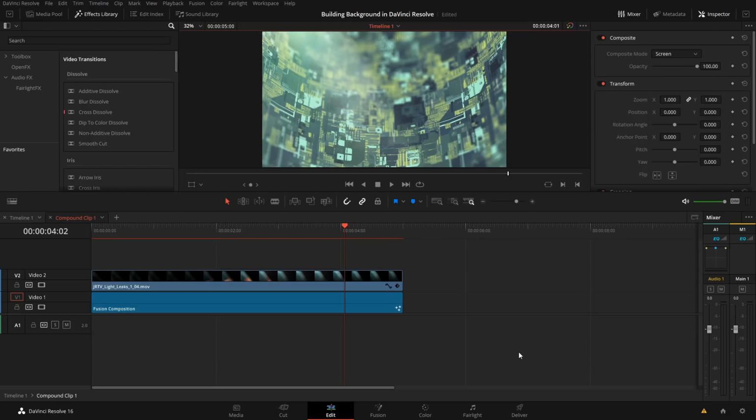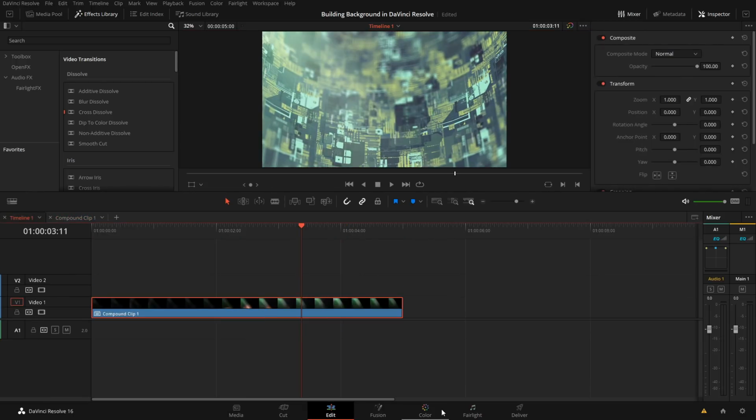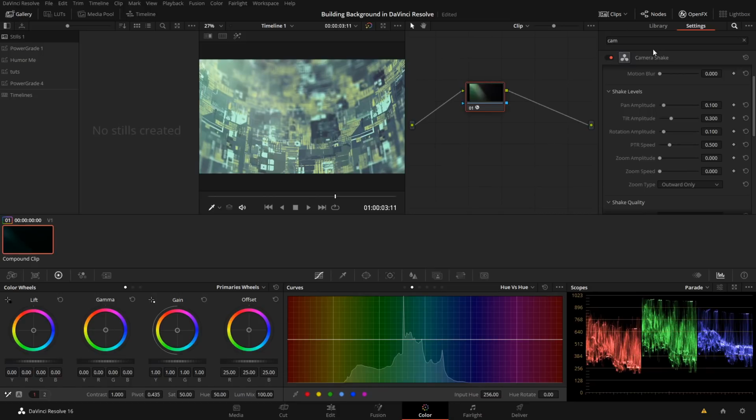I'm not 100% sure, I should look it up, if this camera shake is a studio element, like if you have to have DaVinci Resolve Studio for this. But if you do, you can always just manually shake it.